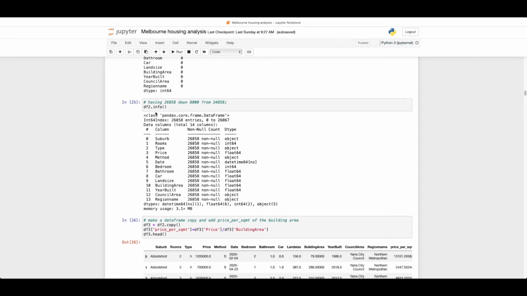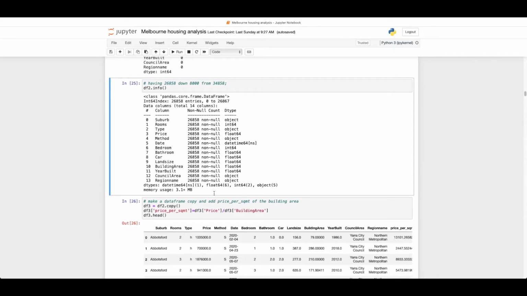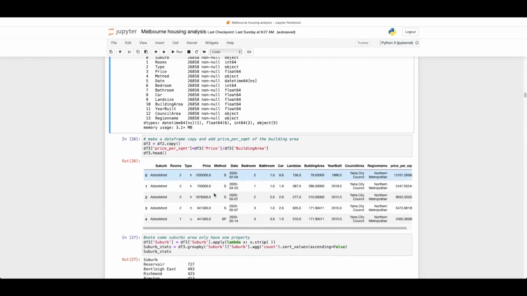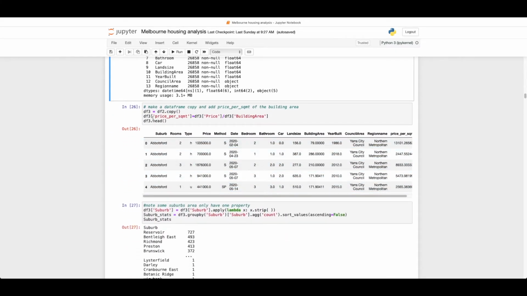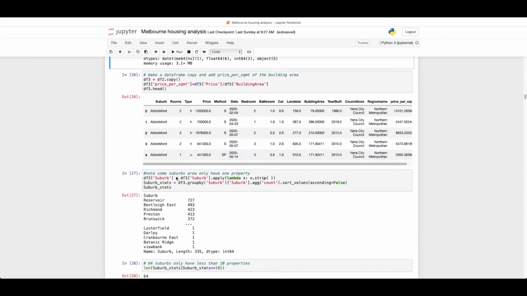So, the size has dropped quite a lot, right? And now we have 26,858 records only. Moving on, I'll make a copy of data frame 2 as data frame 3, and I made a new column for data frame 3, which is the price per square meter, using the price divided by the building area. And then,